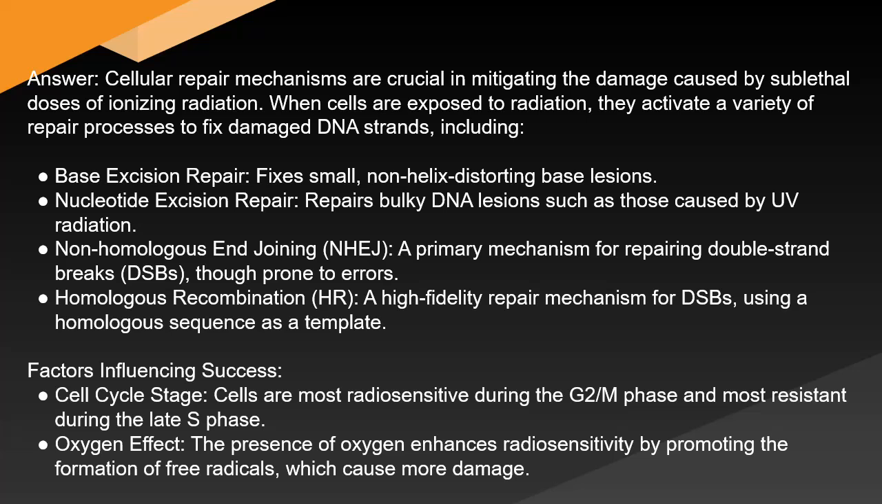When cells are exposed to radiation, they activate a variety of repair processes to fix damaged DNA strands, including base excision repair, which fixes small, non-helix-distorting base lesions; nucleotide excision repair, which repairs bulky DNA lesions such as those caused by UV radiation; non-homologous end joining, NHEJ, a primary mechanism for repairing double-strand breaks, DSBs, though prone to errors; and homologous recombination, HR, a high-fidelity repair mechanism for DSBs using a homologous sequence as a template. Factors influencing success: